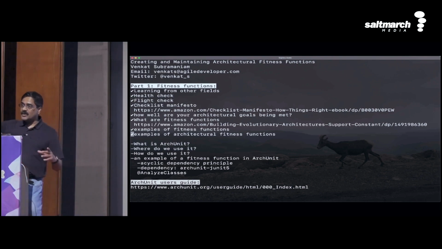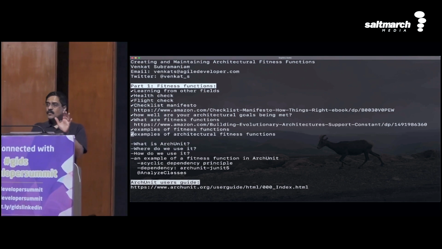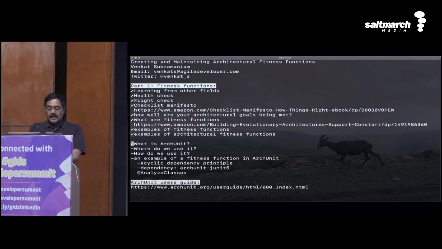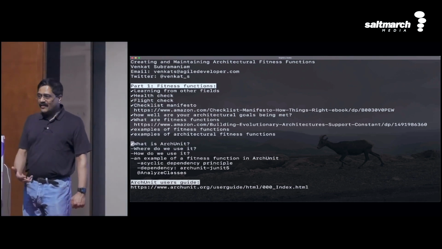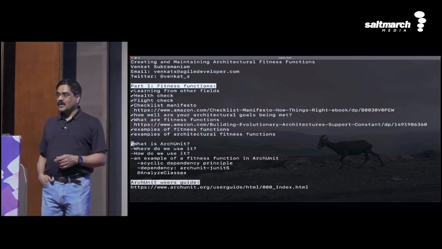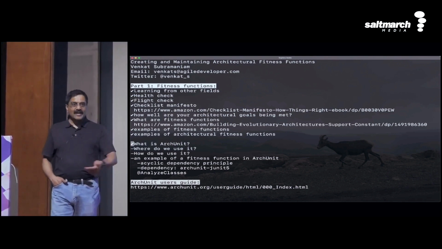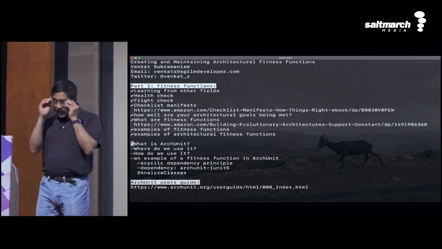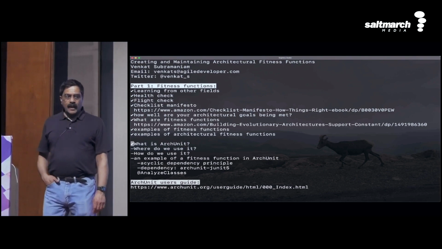Once you identify the fitness function, the next question is, how do we implement it? One way, right? Not the only way. One way is a tool called ArchUnit. ArchUnit is a tool that will allow you to write JUnit kind of tests. ArchUnit works for Java. ArchUnit works for C#. So you can write unit test kind of tests. They're not unit tests, right? But just like you write unit tests, you can write tests and you can tell ArchUnit,